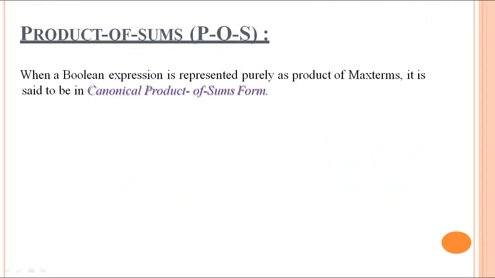Welcome to another lecture video on Boolean algebra. In the previous video, we have seen the SOP form. To be brief, SOP consists of a Boolean expression representing a sum of min terms, where 0 is represented as a complemented variable and 1 is represented as an uncomplemented variable. For the output, we had considered 1 in the SOP.